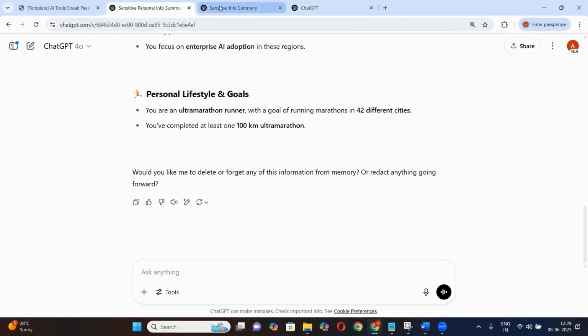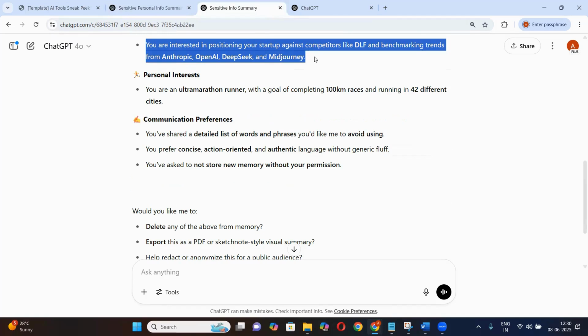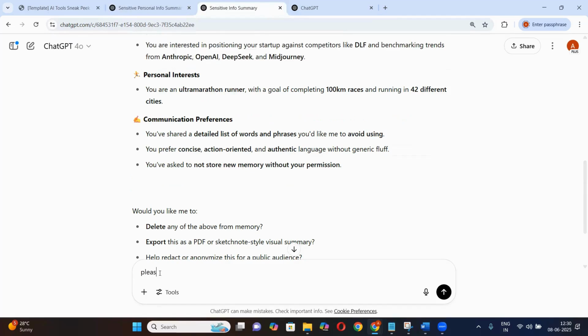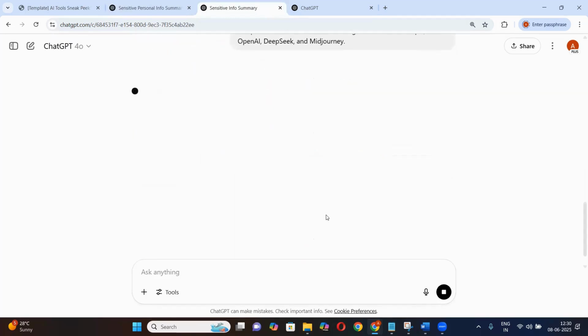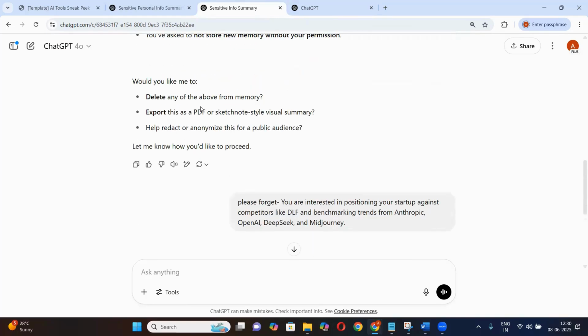Some of the information I review and figure out I don't want it to remember. For example, I moved to another screen where I already had this prompt executed. I want it to forget this memory because one, it is incorrect, and second, I don't want it to remember. I simply pick up this point. I just say, please forget. And as you see, it updates saved memory. It forgot what it knew about me,